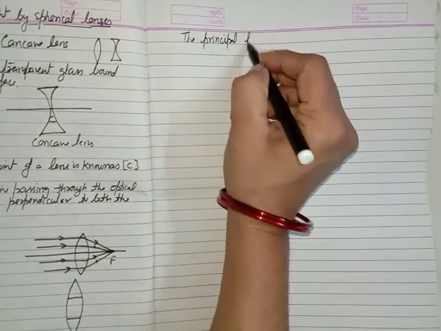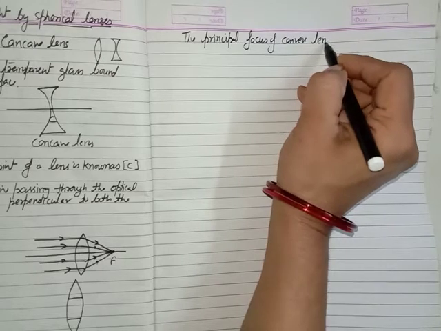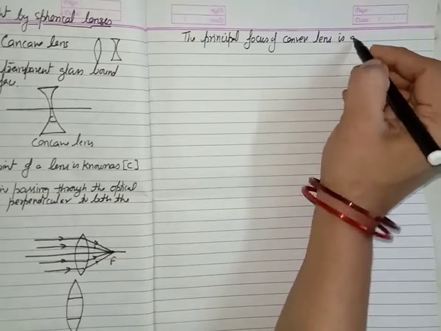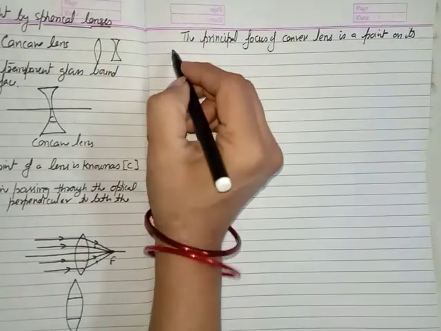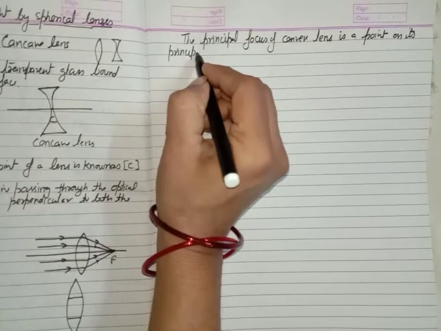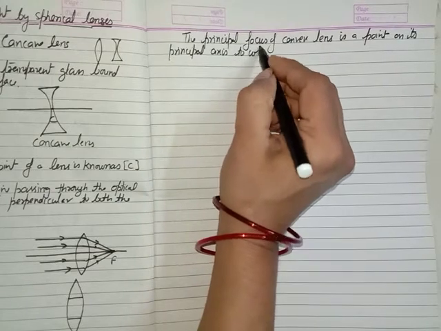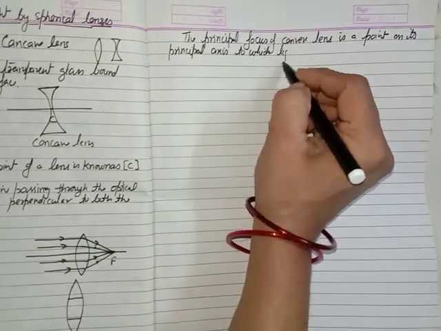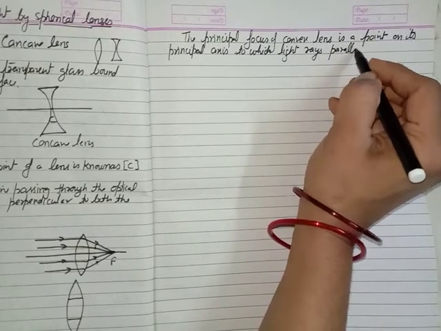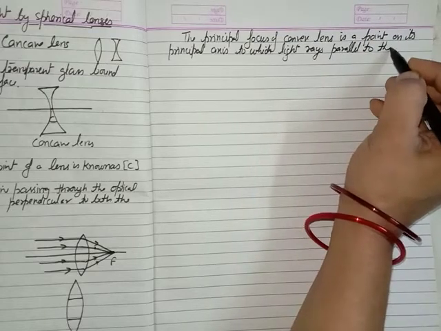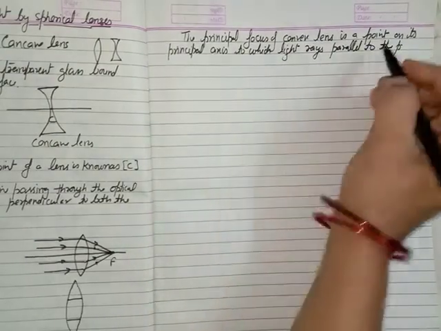The principal focus of a convex lens is a point on its principal axis to which light rays parallel to the